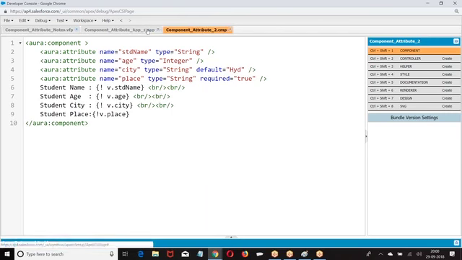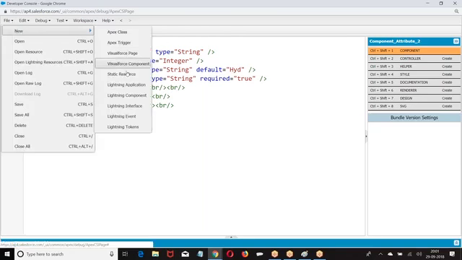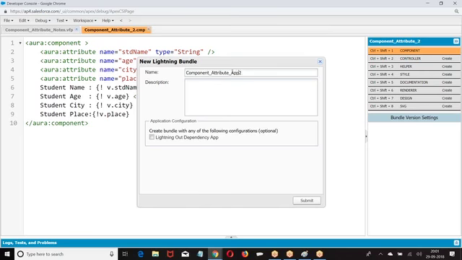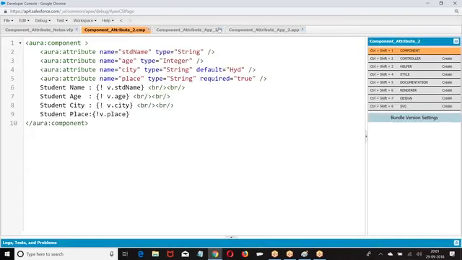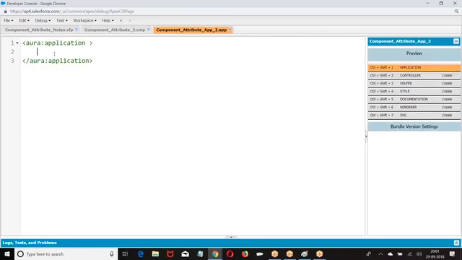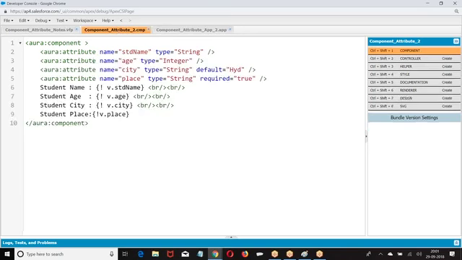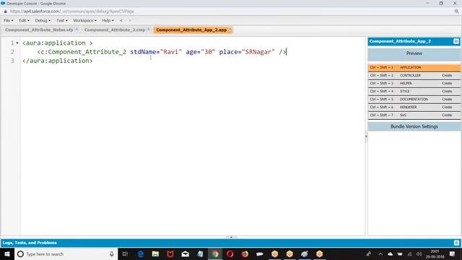We are supposed to invoke it within the application. So we have created a component with student name, age, city, place, and we are invoking the component with the student name, age, place.